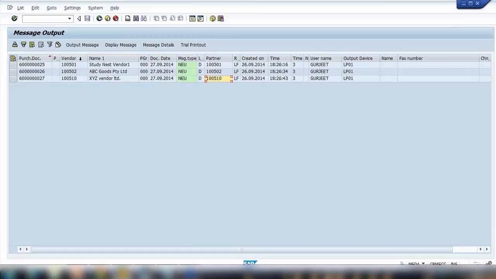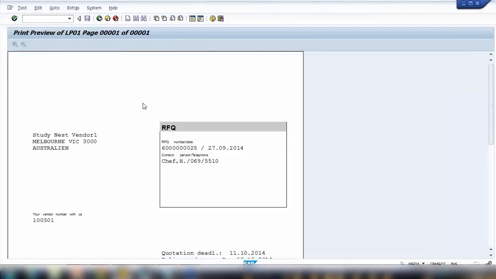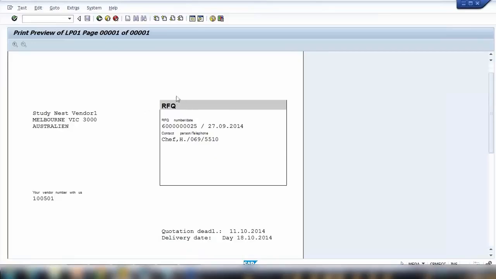Okay, now before you send this one, it's like sending an email. You can think of sending an email, or you can print it, or you can send via fax, depending on what output message you have set up. Now for example, the first one I will select and click on display message. That means I want to see how the output will look. Click on display message. So it will show you the output. So the output will be looking like this: RFQ